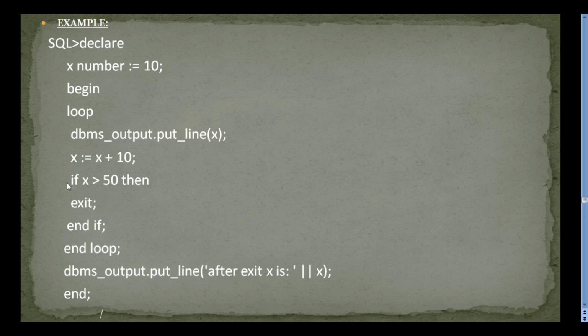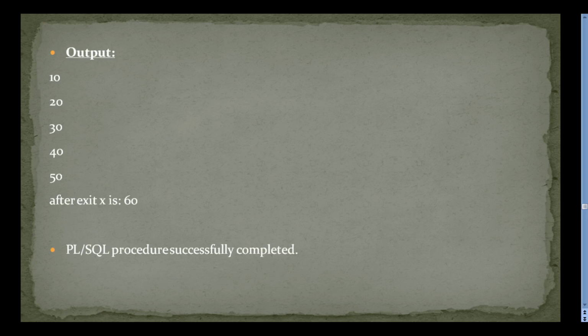And the loop dbms_output.put_line prints the x value after the exit: 10, 20, 30, 40, 50. After exit, the value is 60.